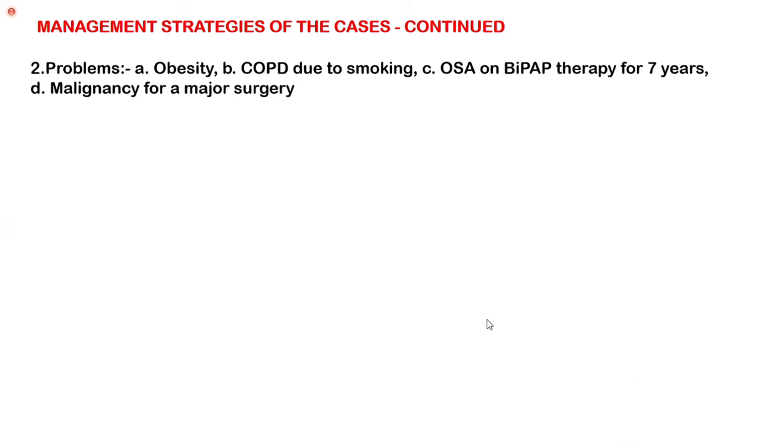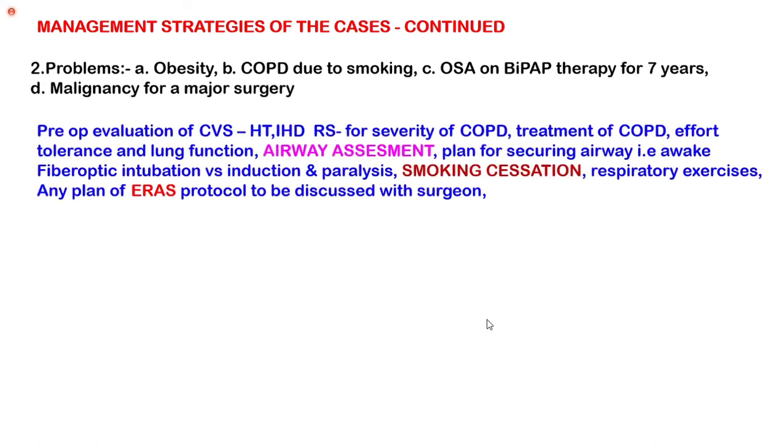So that's what I told you in every case, whether it is in theory paper or in practical exam, you always sort out the problems. Like in this case, there are 4 problems: obesity, COPD, OSA, malignancy. So based on that, pre-op evaluation of CVS for hypertension, ischemic heart disease, RS for severity of COPD, and what treatment he has been taking, what is the effort tolerance, how much of lung function is there, airway assessment, and plan for securing the airway, whether awake, fiber optic, or induction and paralysis, smoking cessation, respiratory exercises, and any plan